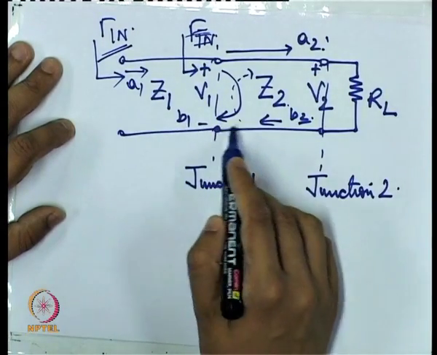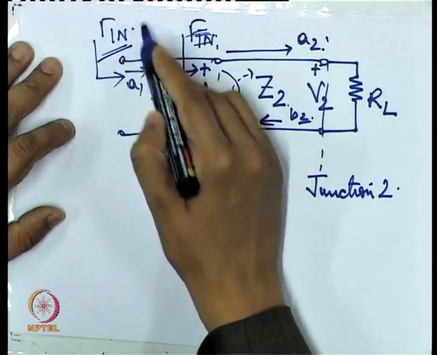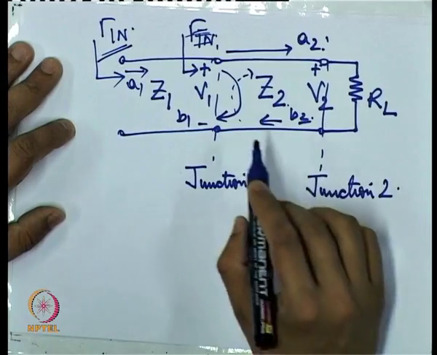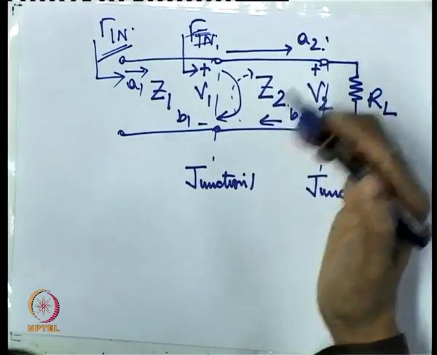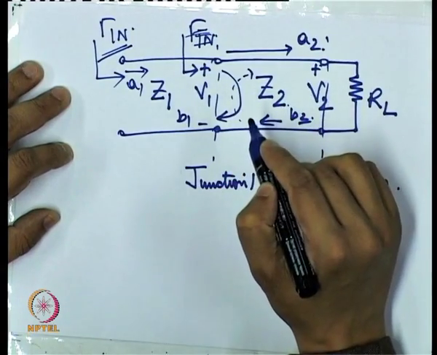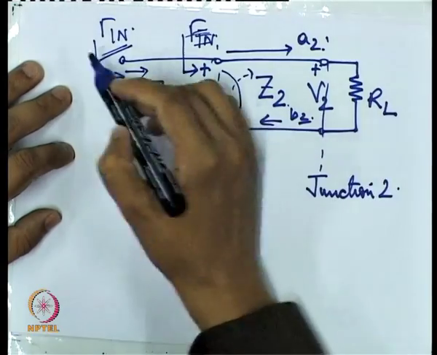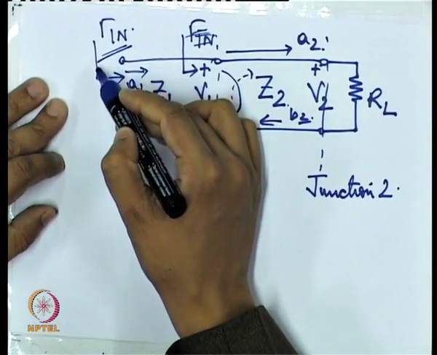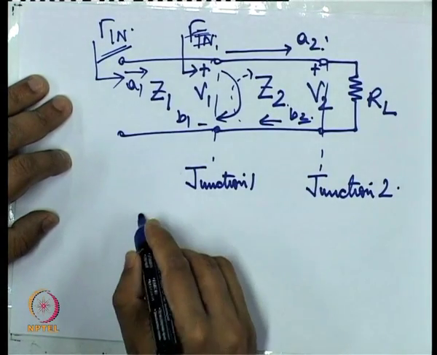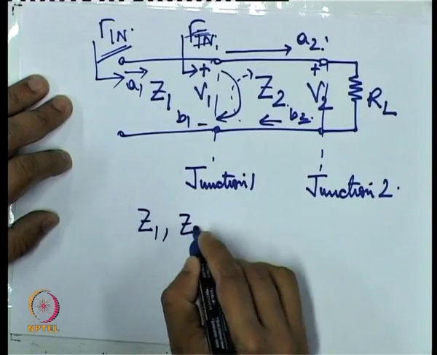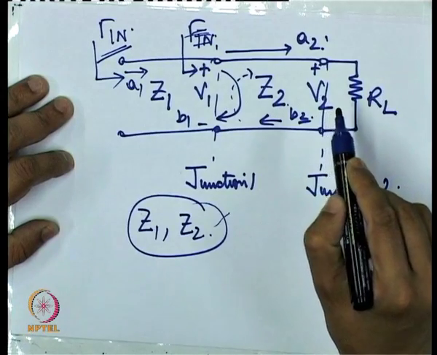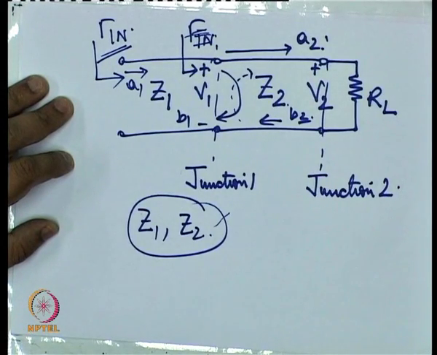Of course, if you want a very rigorous analysis, then you have to have a proper, well-defined closed form solution for gamma in. But if there are certain conditions when we can neglect the second level reflections, then perhaps, as we shall see, we can obtain a simple expression for gamma in. Now, the condition which allows this is the case when Z1 and Z2 are very close to each other. The closer they are, the lesser will be this second level of reflection. So,